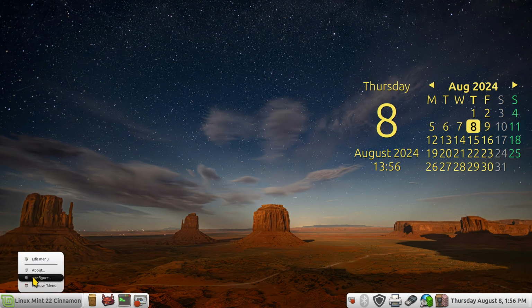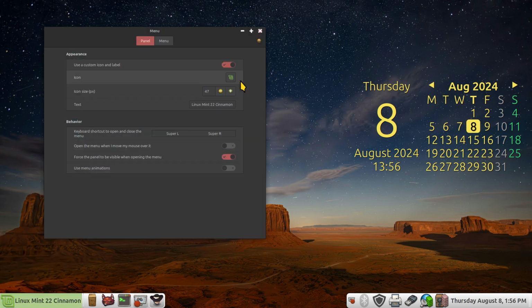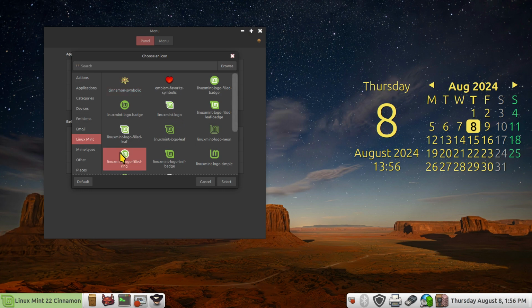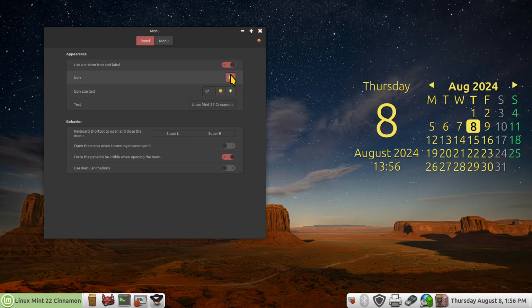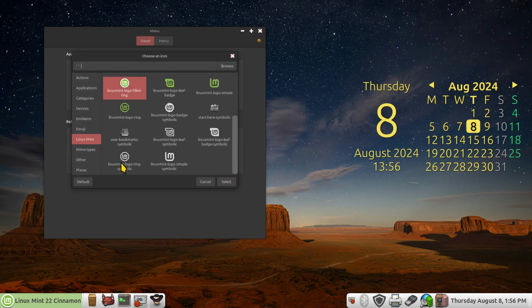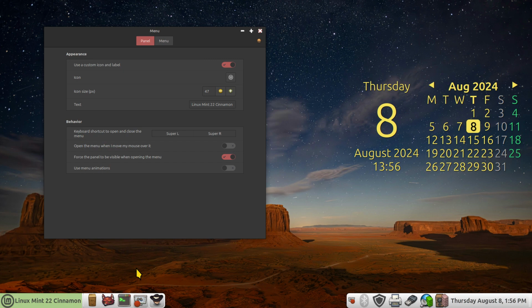The Linux Mint logo is done this way. Right-click on it, configure, click that, and find a different one if you like. The standard Linux Mint logo is this one. Okay. Not really going to get into custom icons today as far as that logo, but I'm capable of doing that also very, very quickly. And that may be another video for another day since I'm at 21 minutes. The text is all done from here. So you've been watching this Linux Mint 22 Cinnamon. That's what this is. My custom